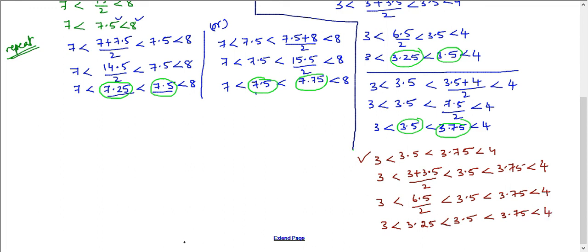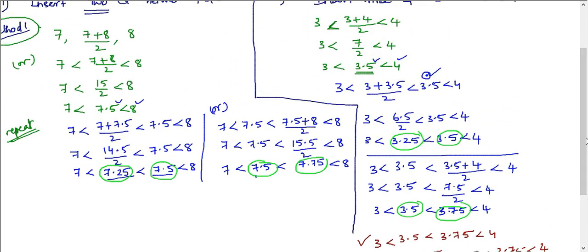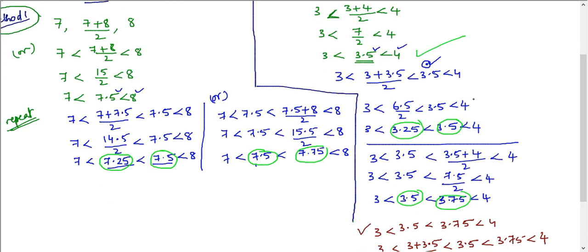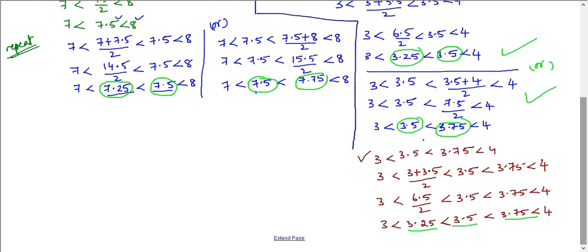Okay, so what do you understand? Try to pick numbers which are easy, convenient to solve. So I inserted 3 rational numbers as directed to me. Insert 3 rational numbers between 3 and 4. One was here and one was here or here, and then I took the second part and I solved. I got this one. So anything is fine. You can pick this one and solve. That's up to you. Prefer the one which is easier. So I preferred this one, which is a little easier.